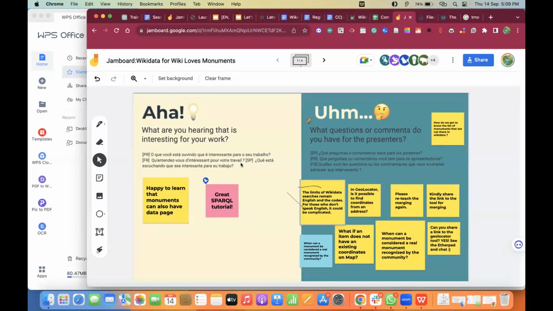Sometimes the public agency might have a list that is not available online. And well, then you can always ask them to share. You can explain the benefits of putting the information online on Wikimedia platforms so that more people can learn about the monuments and find them.